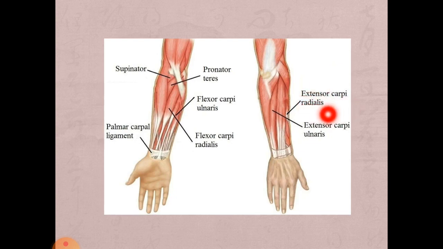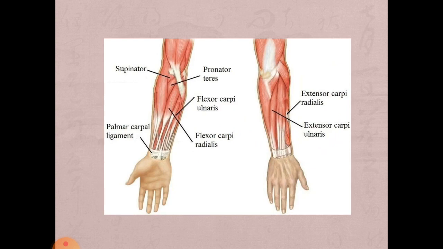The extensor carpi radialis and the extensor carpi ulnaris muscle. So these two are the extensors for the wrist joint, and these two are the flexors for the wrist joint. Next, we have the adduction, and for the adduction you have the flexor carpi radialis and the extensor carpi